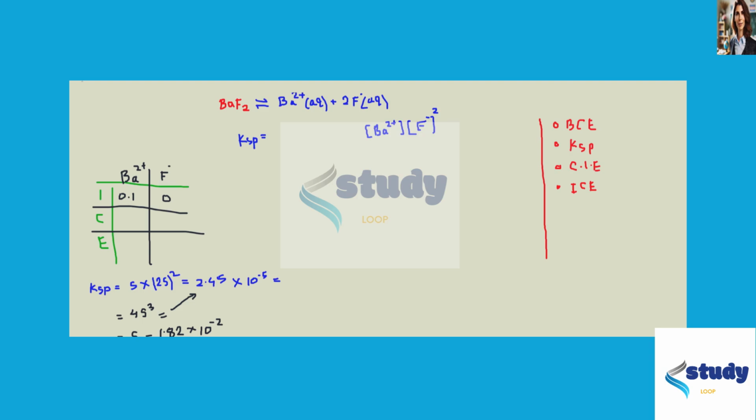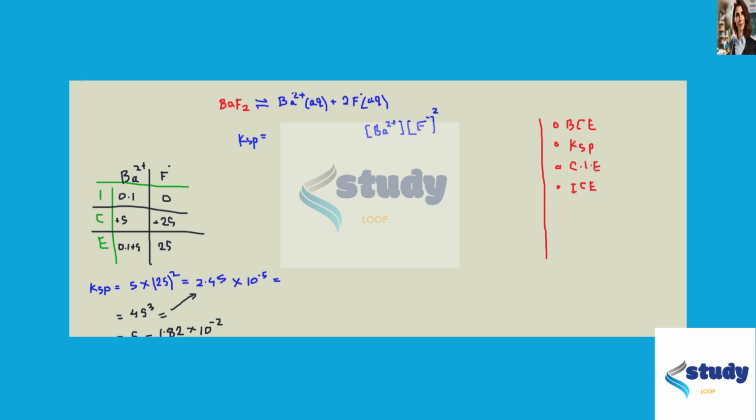For the change, again it should be plus S, and for fluorine it should be plus 2S. Again, this 2 is coming from this reaction. And at equilibrium, if we add them up, we will get 0.1